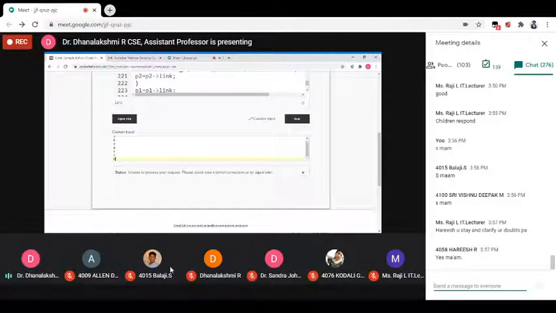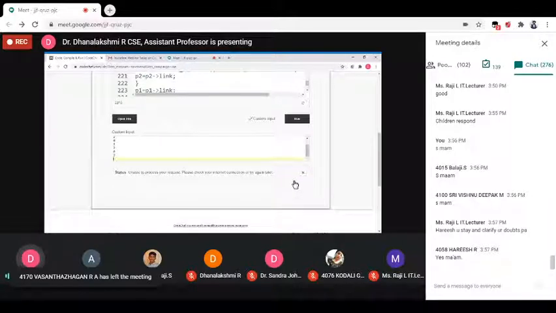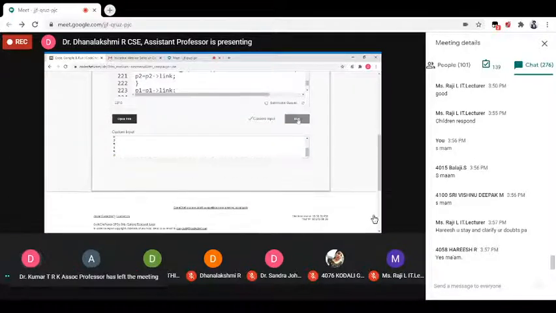Now we give how many terms are in the second polynomial. It has 2 terms, so I give 2. Now give the coefficient and exponent of each term: 5 is the coefficient of the first term, 1 its exponent, then 5 is the coefficient of the second term, 0 its exponent. After the last input, you must press enter. All the inputs are over. Students, please listen, only 5 minutes are left. Now I give the run command.